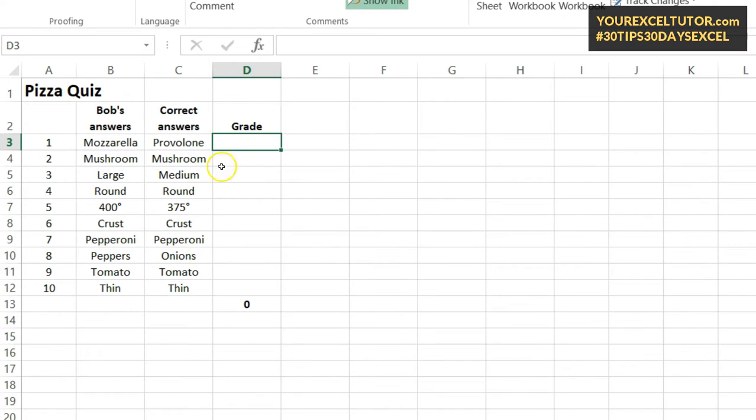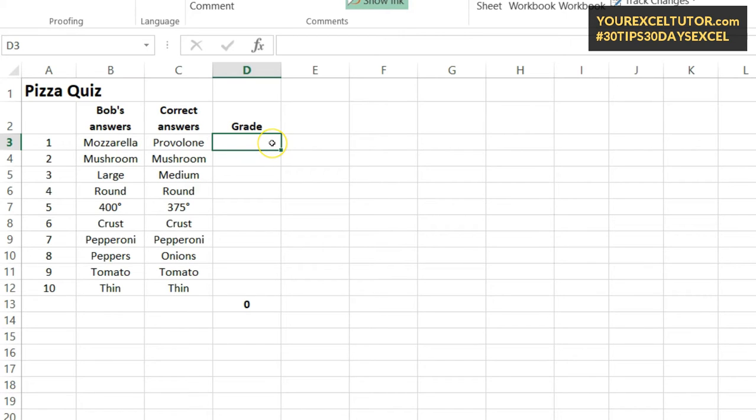So in this case, we're going to use a function called if, and it is just comparing two things. So in this case, we've got this quiz. A guy named Bob is trying to get a job at this local pizza place, and he completed their quiz, and we're going to automatically grade his quiz. And then that way too, if we want to use it for someone else's answers, we'll put their answers in, it'll automatically calculate their grade. So in this case, the if statement is just comparing two different things and then giving you a result based